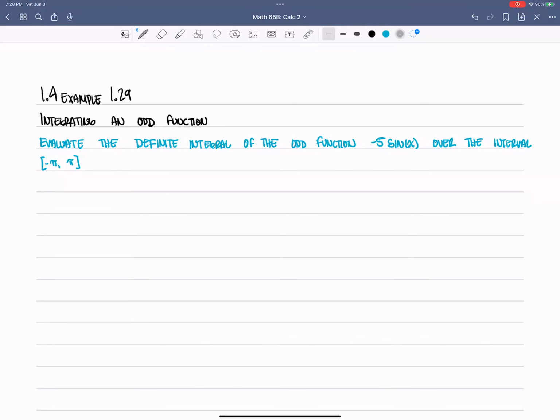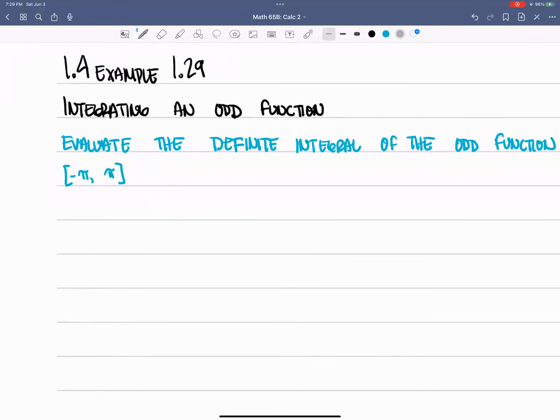Section 4, example 29, integrating an odd function. Evaluate the definite integral of the odd function from -5 sine x over the interval from -pi to pi. So we're just going to integrate like normal and we'll see what happens. All right, so from -pi to pi, we're integrating